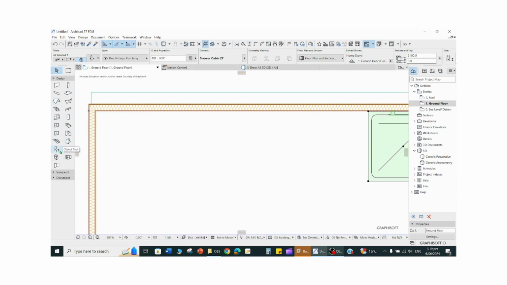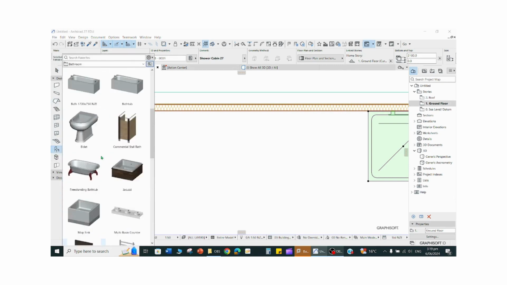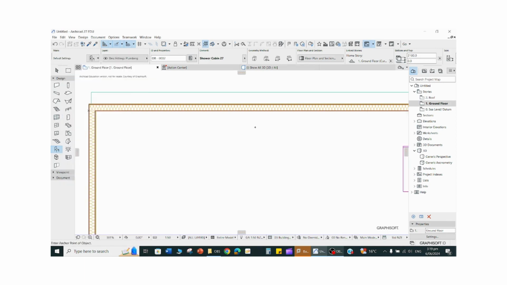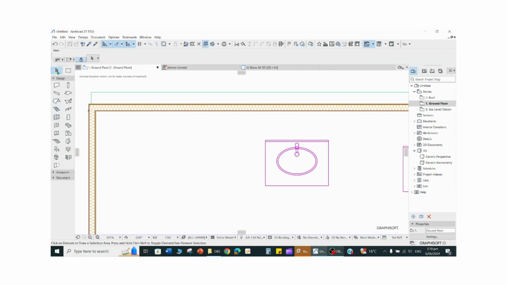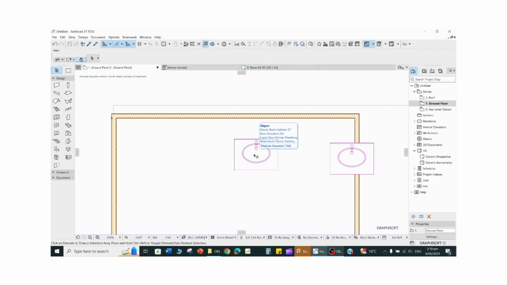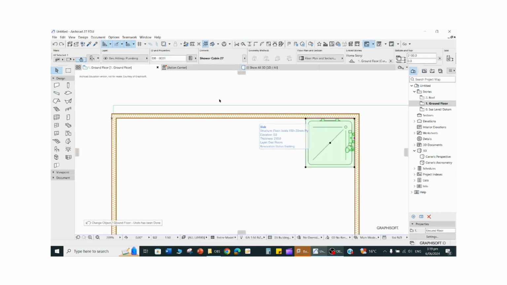So let's go and grab a kitchen cabinet. So we'll just do a small one, like a basin cabinet, double click on it, put it, oh no, it's still in the shower, so Control Z. I'll just go back to my object tool, double click on that, and then that will put my basin in. Go back to my arrow tool, go to my move tool, Control Z, escape, Control Z. I'll just go back. I accidentally replaced the shower, so you have to unchoose the shower, and then I'll